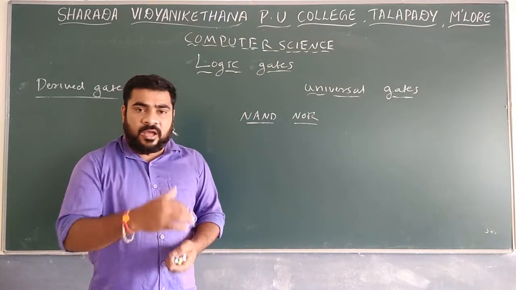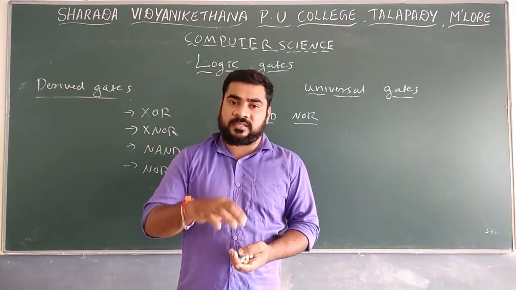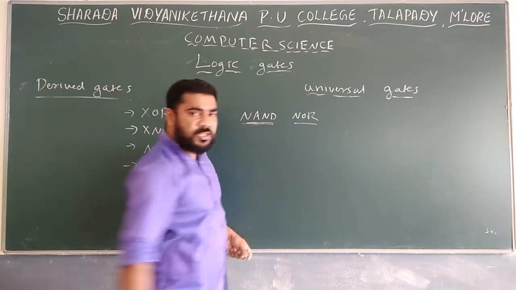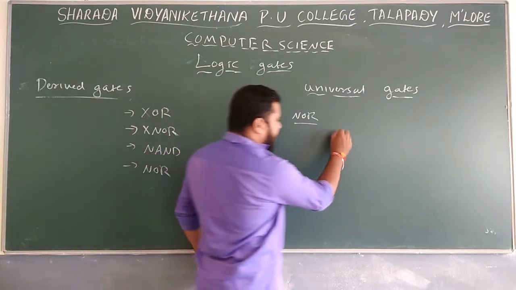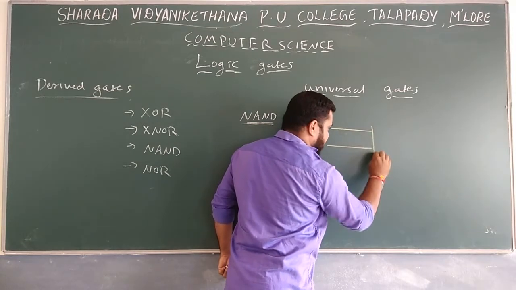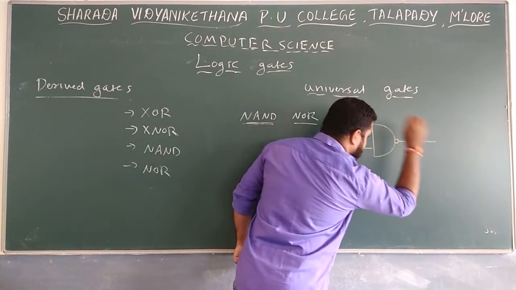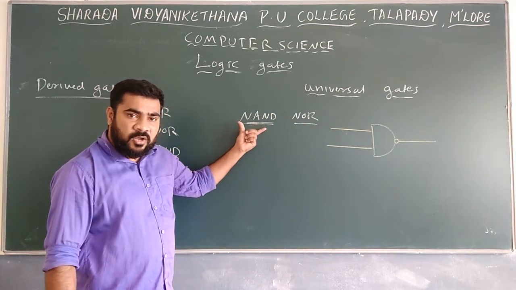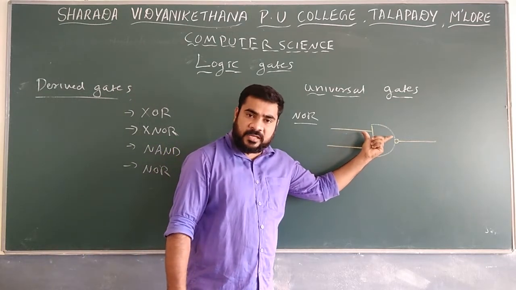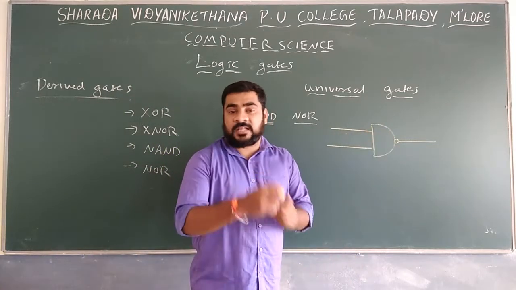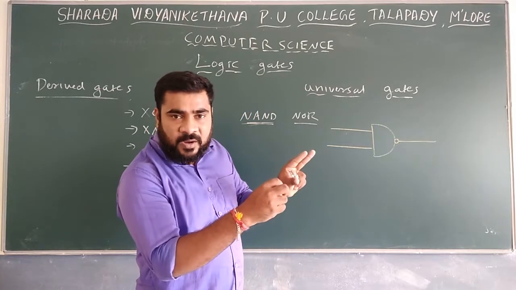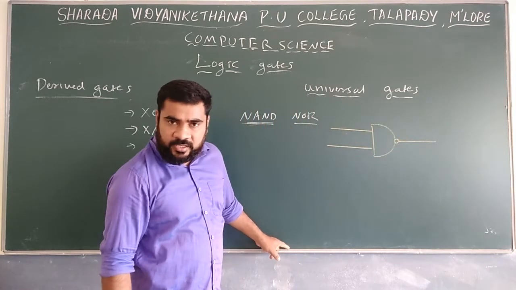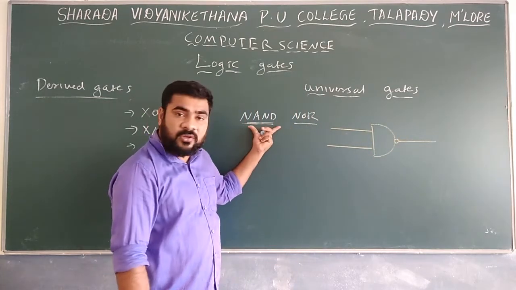So first we will discuss the logic symbol for these gates. First we will take the NAND gate. What is the logic symbol for the NAND gate? NAND is a combination of AND and then NOT gate. This is the logical symbol for the NAND gate. The last circle is the NOT gate and the first part is the AND gate. If you take the last part, that is the NOT gate. That two combined together is actually known as the NAND gate.